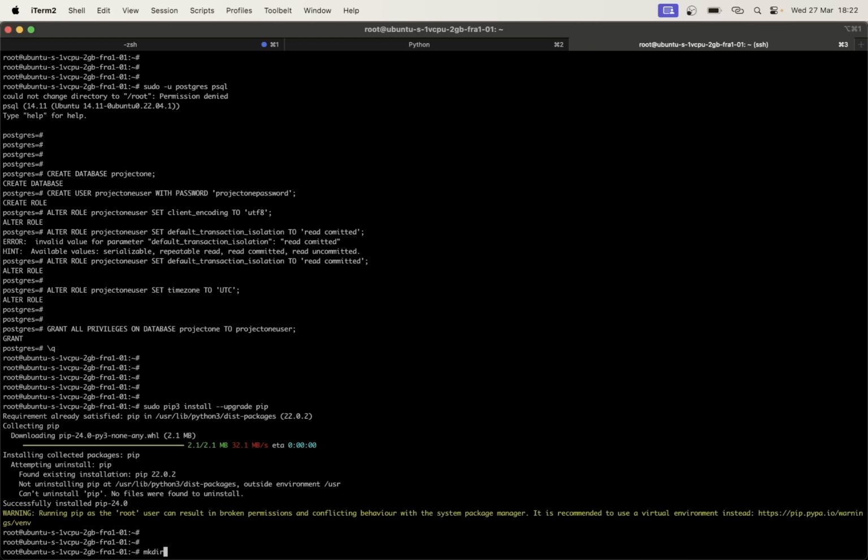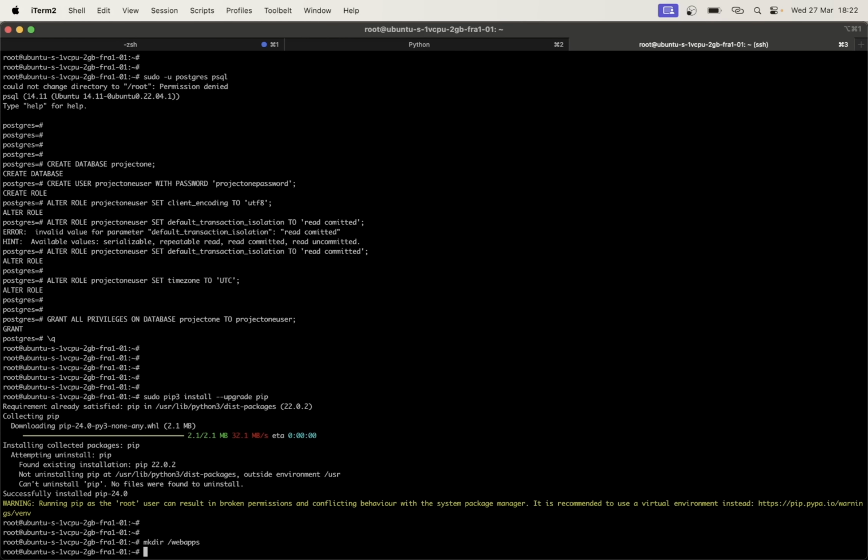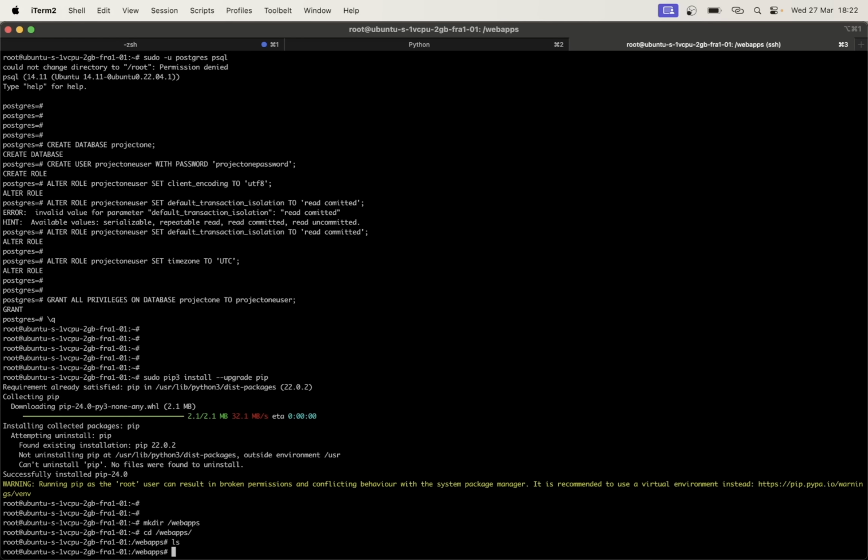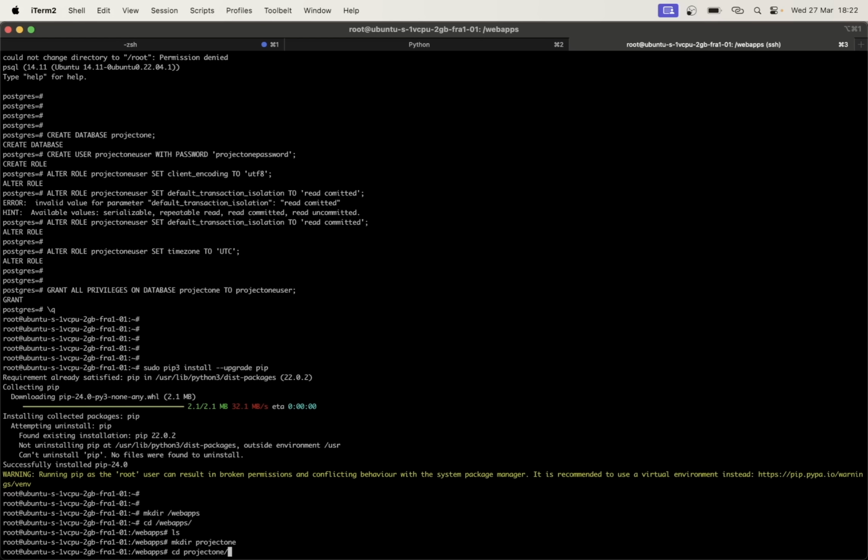So mkdir /webapps. This could be projects or whatever you want, but I'm used to putting all of my Django projects in a folder, or a root folder, called webapps. Next, I want to create one folder for project 1. So mkdir project1. Go into this,